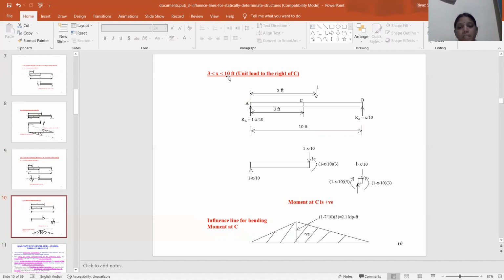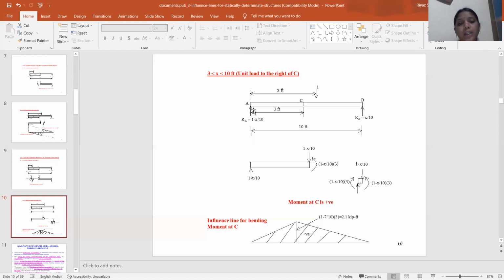Unit load to the right of C. A and B supports. Midpoint is C. The unit load is right of the C. Apply the unit load right of the C, or the point of application of the loads, and then